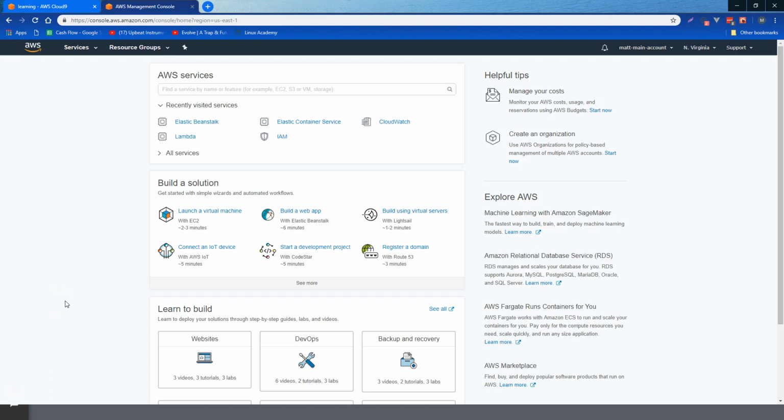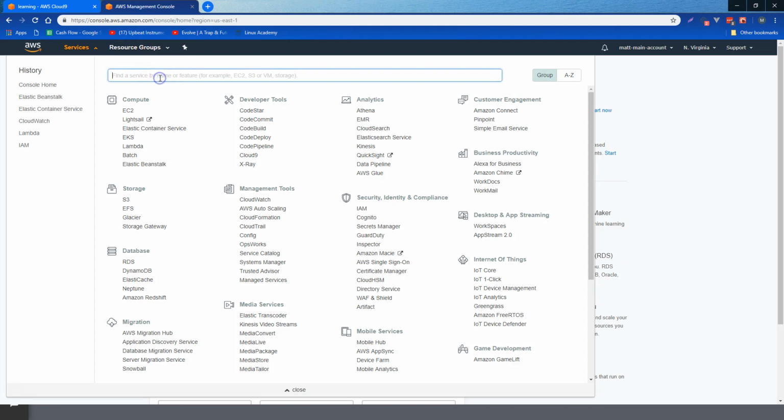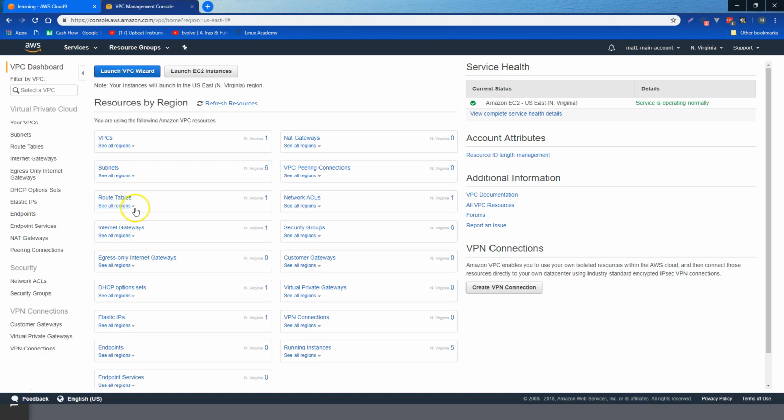Now that we have a grasp on the basics of Amazon VPC, let's take a moment to look at how everything looks in the AWS dashboard. So to do that, we'll click on Services as always, and then find VPC. On the VPC dashboard, you'll have a bunch of options that we're going to navigate in a moment on the